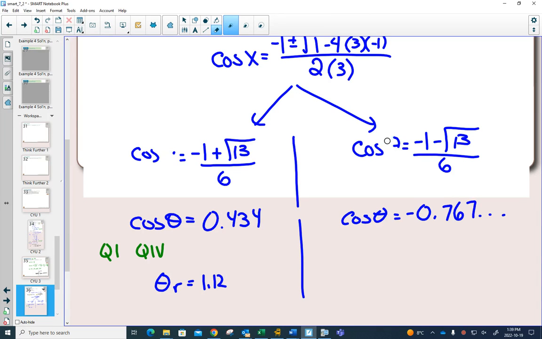These should just be x's, because our question was at x's. Can't change the variable. If you do change the variable and you don't have an eraser, if you wrote let x equal theta, then you're fine. But you have to write that somewhere. If you don't write that on the provincial exam, they would always take off a half mark if you changed your variable. So then my reference angle is not theta reference angle, it's x reference